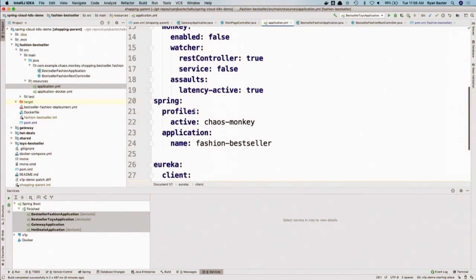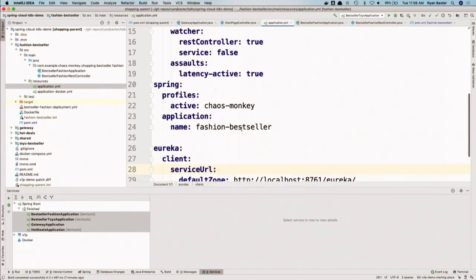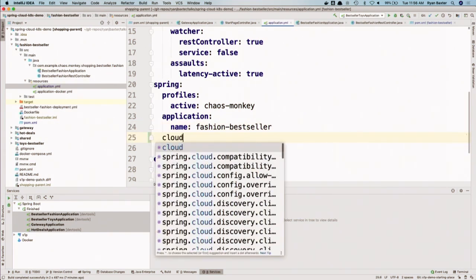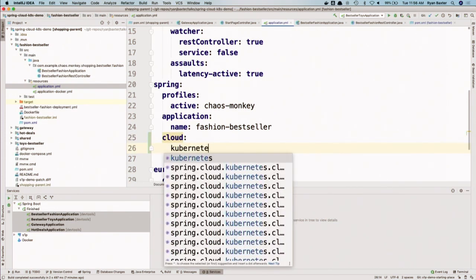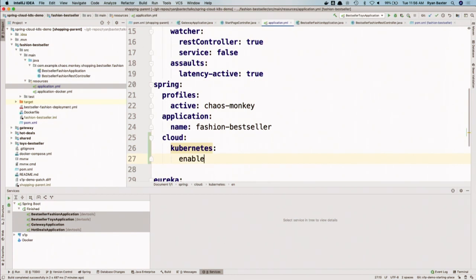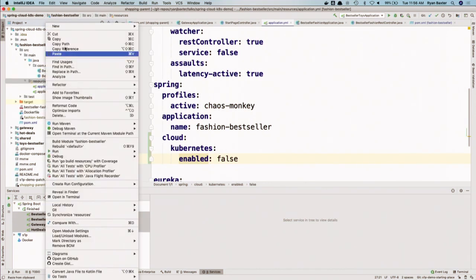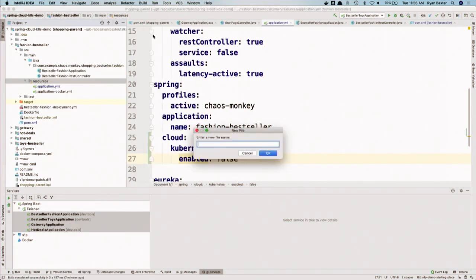So when we run the app locally, in our default application properties, we're just going to disable Spring Cloud Kubernetes to make sure it's not doing anything, right? So we'll say spring cloud kubernetes enabled false, all right?